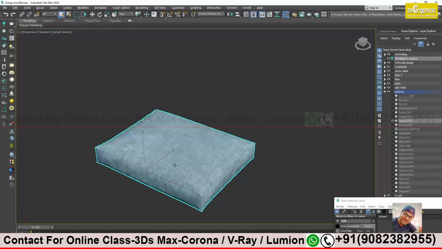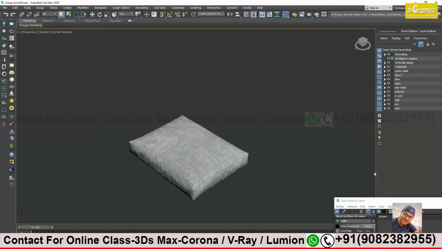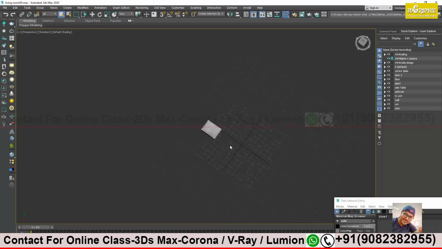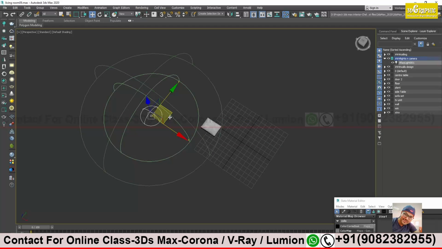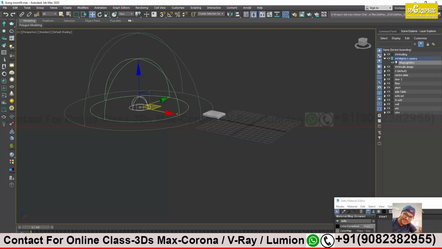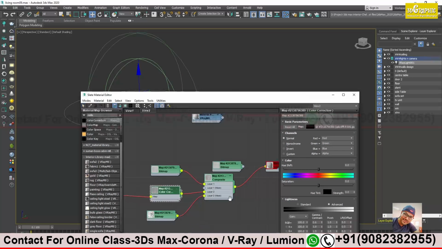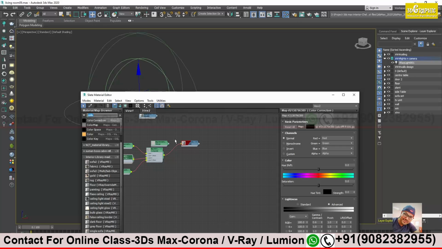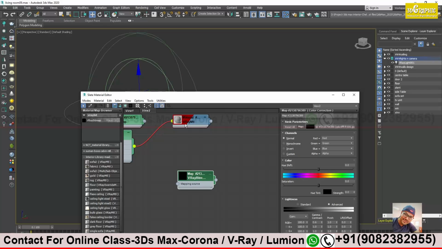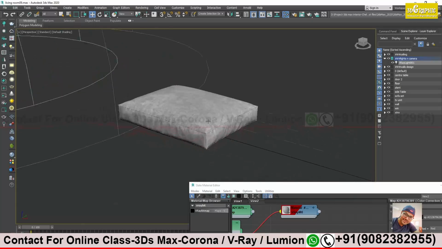Anyway, I have deleted it. So what I can do, light layer. I will create one dome light quickly, just to see its light and texture effect. Fine. I will quickly take a V-Ray bitmap over here. Now whatever I did now, Prasanna, over here,